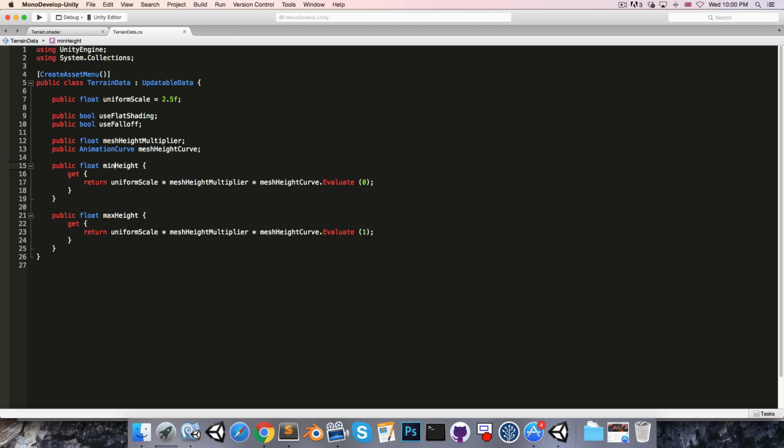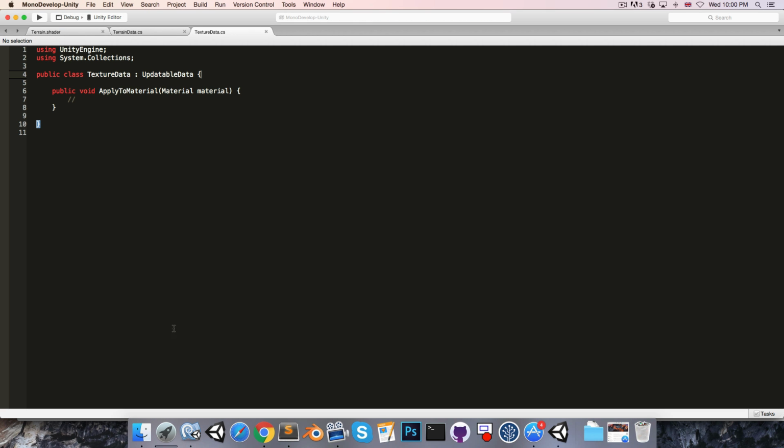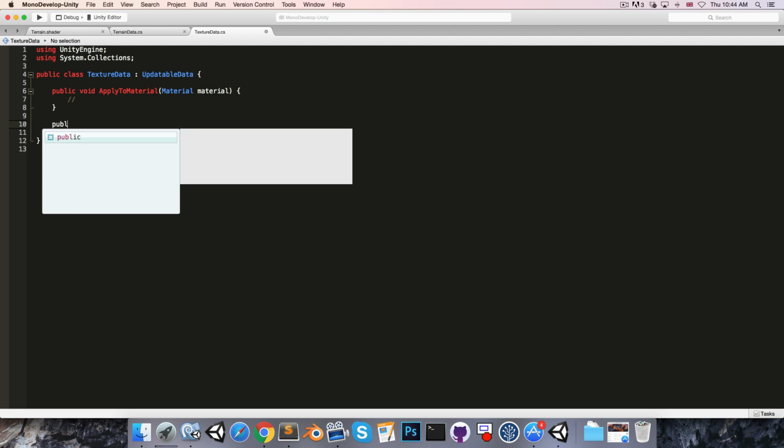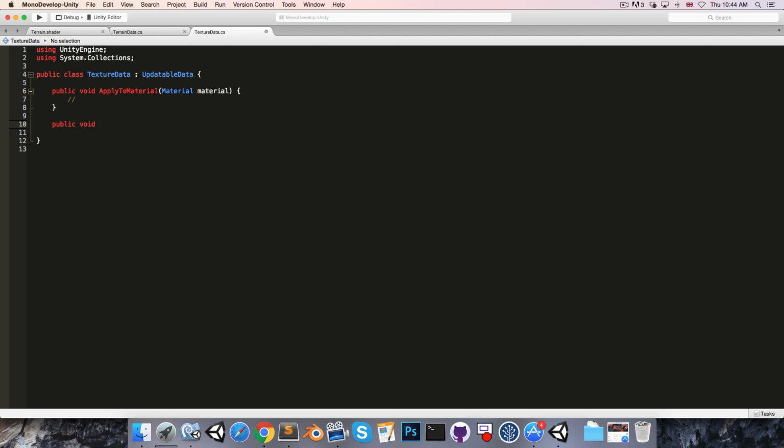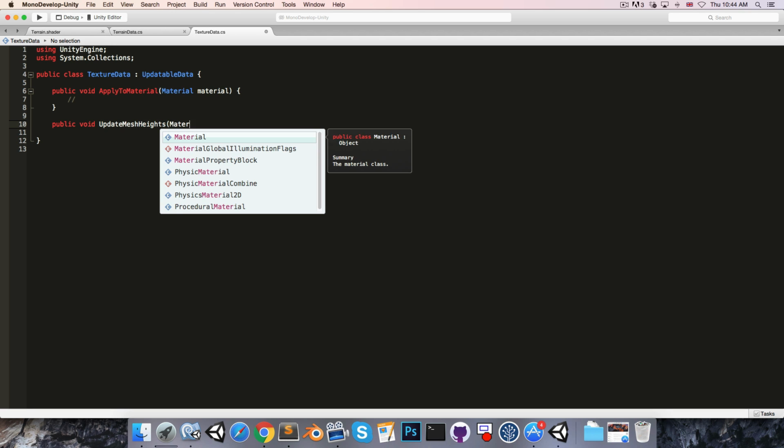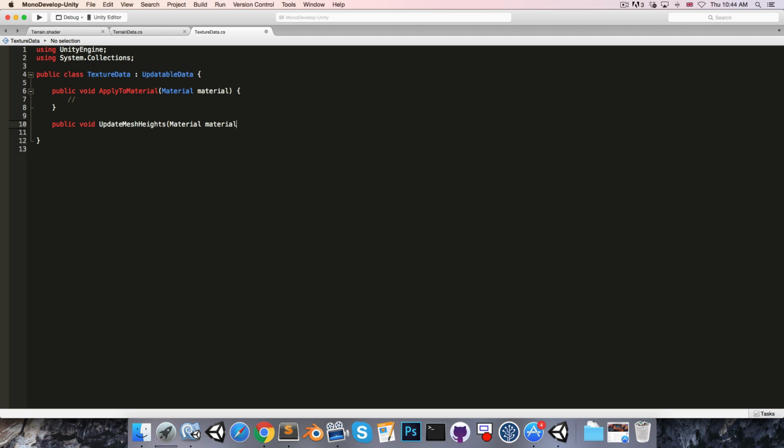Alright, so we now have a way of getting the minimum and maximum height of our terrain, but it shouldn't be the terrain data that is sending information to the shader, because we have our texture data script to do that. So let's create a new public method. I'm going to call this UpdateMeshHeights, and this is also going to take in a material as well as a float for the minHeight and a float for the maxHeight. It will then say